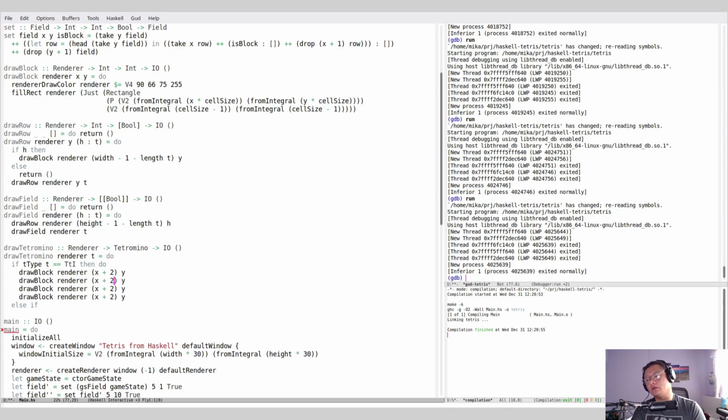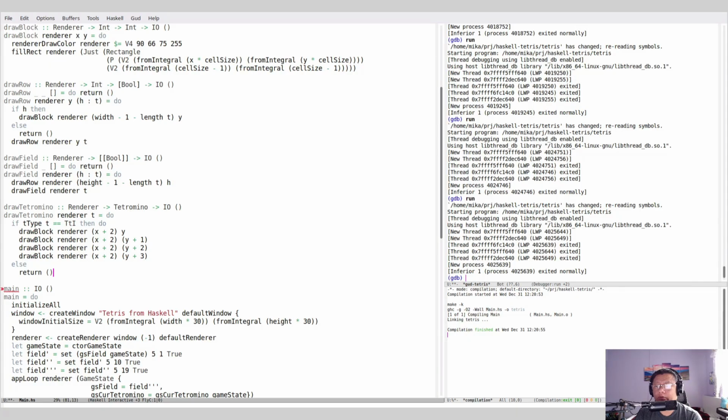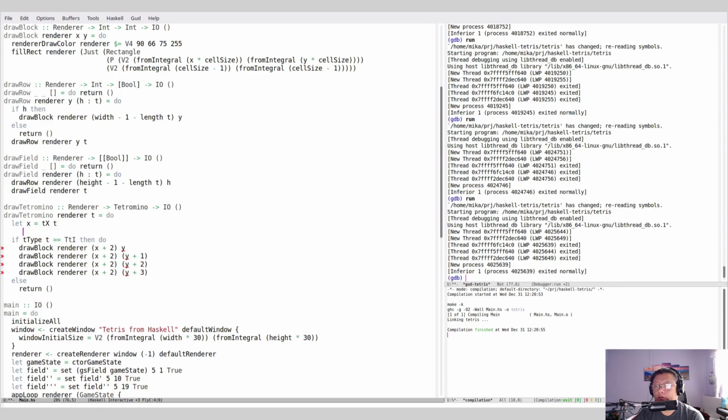Oh, I should take into account also rotation. Oh my god. Plus 1, plus 2, plus 3. No, return. I guess I should do let x equals tx t, y equals ty t in